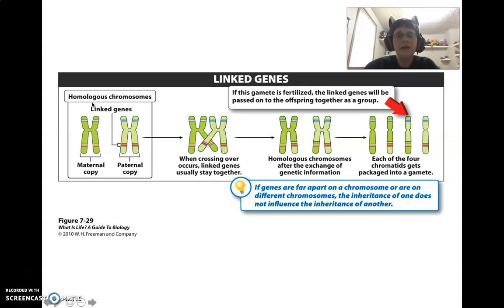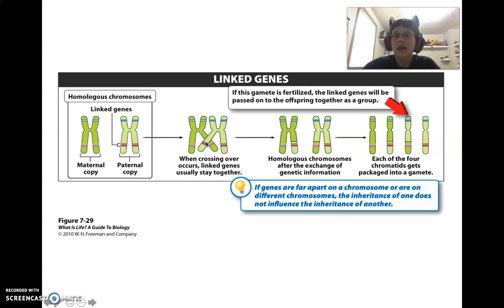Now remember, we're looking at what's going to happen during meiosis. So we've got our pair of chromosomes that have been replicated. So we have our maternal set and our paternal set, so mom and dad. Now here are our linked genes. These ones up here would not be considered linked because they're really far away from each other. And why does this matter? Well, remember, in meiosis, crossing over can happen. And so if the genes are linked really close together on the chromosome, that means when crossing over happens,